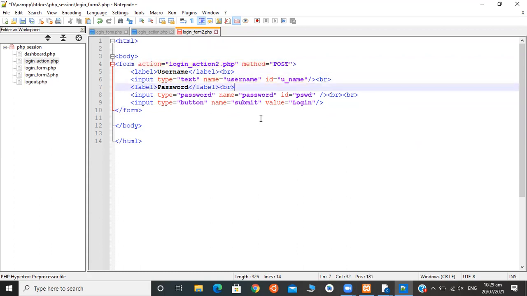So when we submit the data or we click the button login, the data gets sent to the server and it redirects to the login action 2.php.